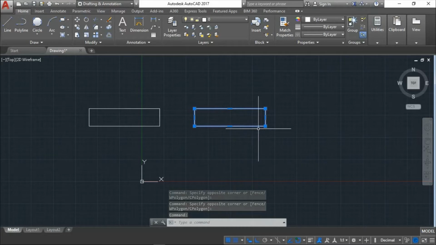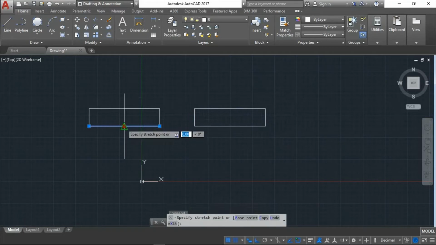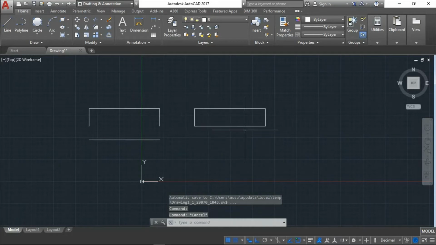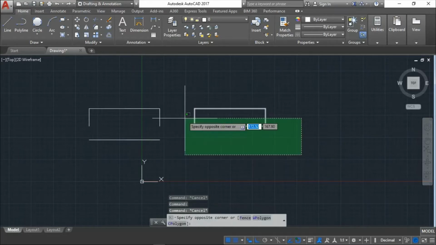Polyline means nothing but connected lines. All the corners will be connected to each other. But in the normal line command, if you press any line only that particular line will be selected; the entire rectangle cannot be selected. But in polyline, if you select any one line, the entire image will be selected. This is the difference between line and polyline.